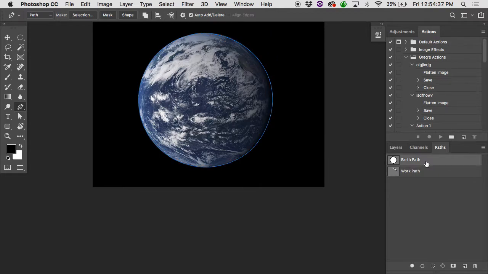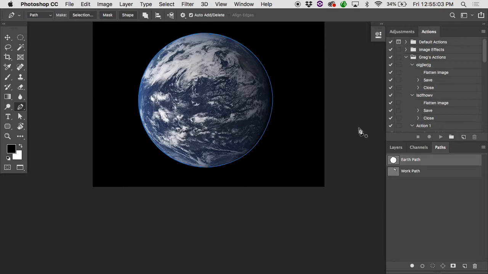Now, once you have a path, there's a bunch of things that you can do with it. There's a little button here called Shape. And however you make the path, whether you really carefully cut out this bottle of shampoo, or maybe there's a company and they're like, yes, we want our logo to be an outline of this flower here. Just a solid fill, but just an outline of this daisy or whatever. So you very carefully make a path around the flower there. You can turn that path